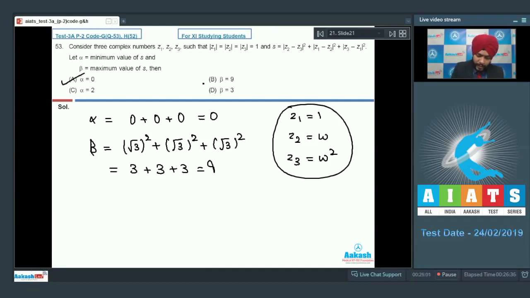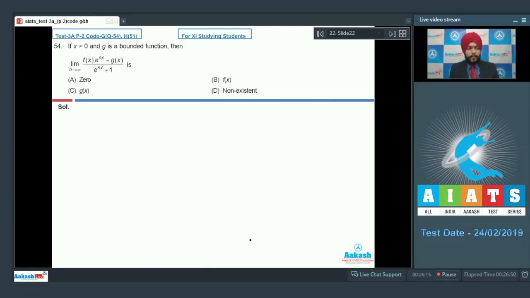So we have alpha 0, beta 9. The answer is option A and option B. Okay. Let us move forward to question number 54. Question 54 says that if x is greater than 0 and g is a bounded function, then what is the value of